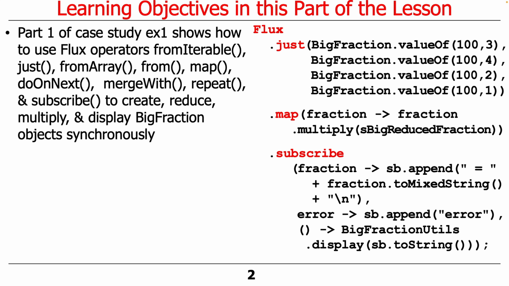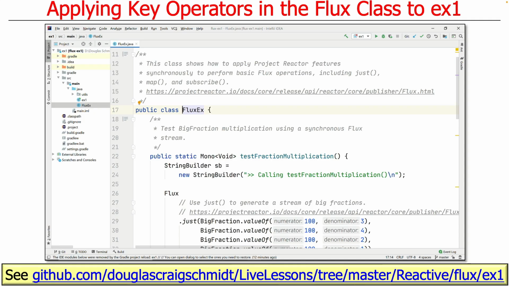operators like fromIterable, just, fromArray, from, map, and so on and so forth to create, reduce, multiply, and display big fraction objects synchronously. So this first go around here is going to do synchronous stuff. The reason for that is we haven't talked about the concurrency operators and scheduling operators yet, but we will. That'll come next. So this particular example is found in the ex1 project in the reactive Flux folder in my